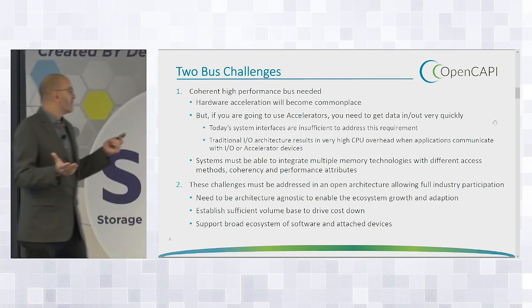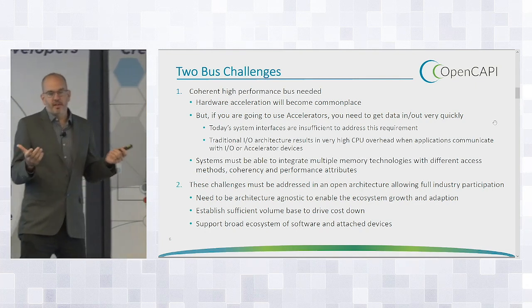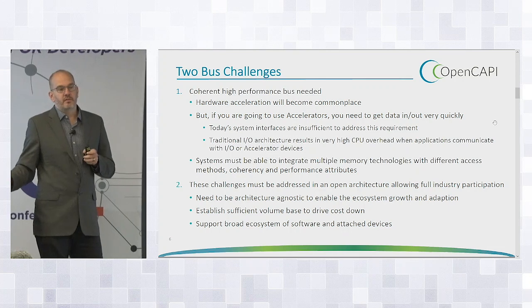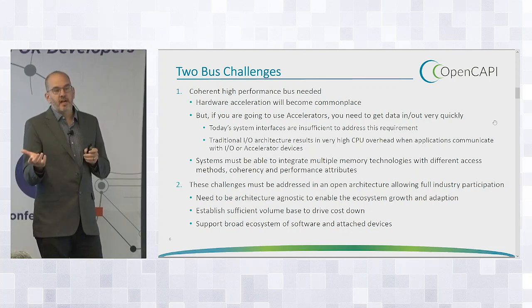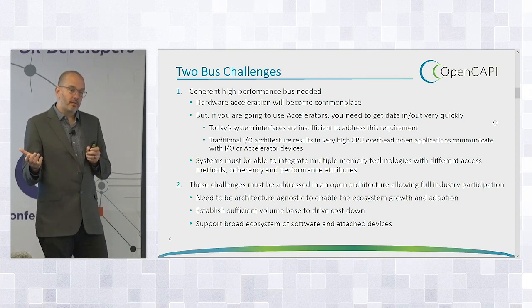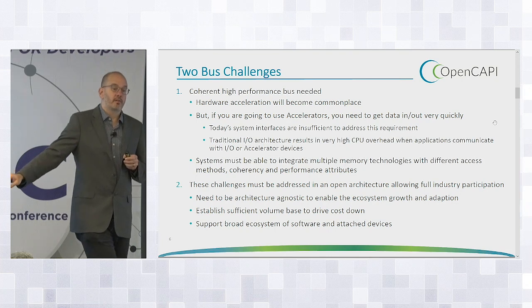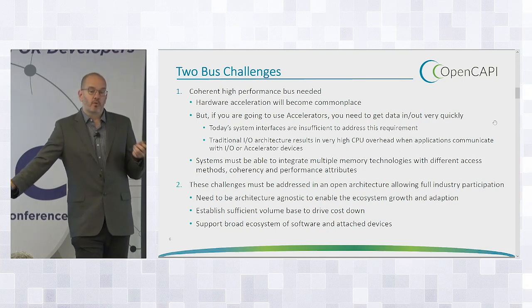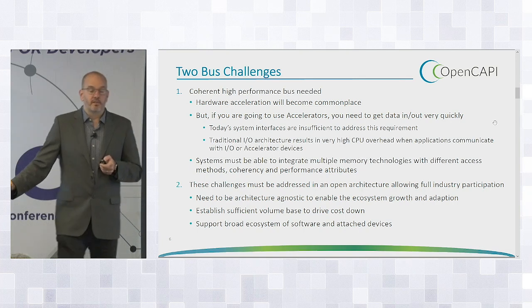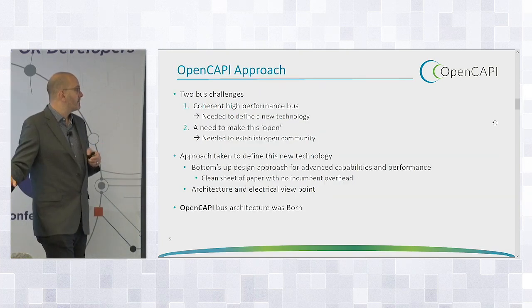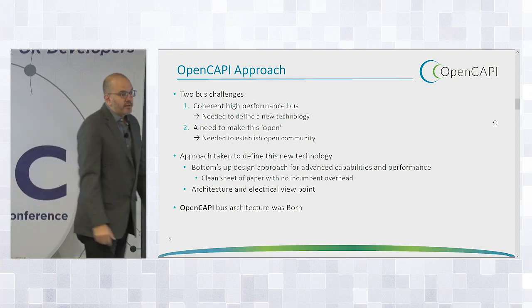So to get this to happen, though, we need this full industry participation, right? It's got to be. In the past, IBM has done memory in this way, but in proprietary standards. We've done accelerators also in proprietary standards. But we want to be able to have a broader set of memory devices and a broader set of acceleration devices to get tied to. So how do we do this?